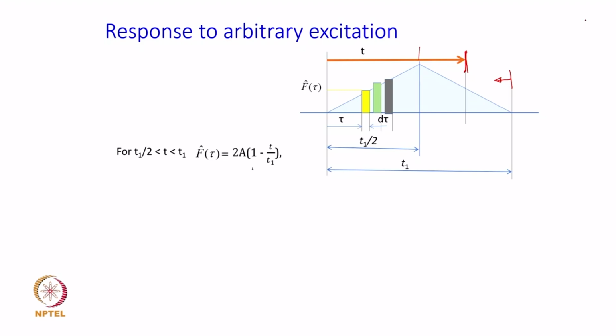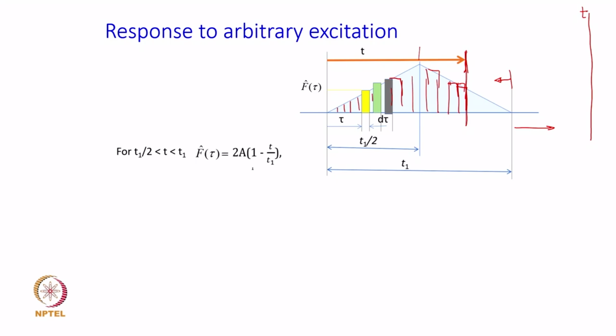So, even if most of the times we are interested in finding out the response at any time t beyond the application of the excitation, this process will help clarify certain issues or doubts as to what integration limit one should take. Now, as you see here, if I am interested in finding out the response at this instant of time, I will have to take into account all the impulses that happen before reaching this particular instant of time. Why? Because this impulse will contribute, this impulse will contribute, this impulse will also contribute, and this impulse will also contribute to the total response.